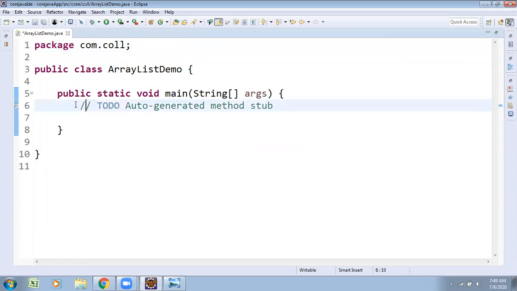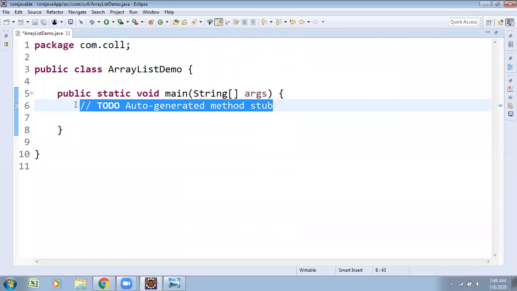I have to create the array list. Array list stores the elements with an array structure. I want to store the elements as integer type of data. Integer array list al is equal to new array list of diamond operator.